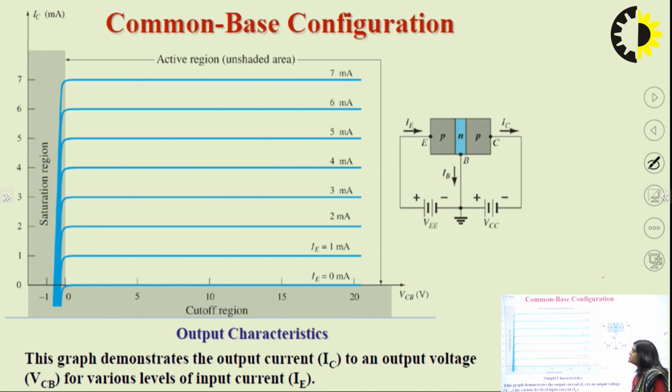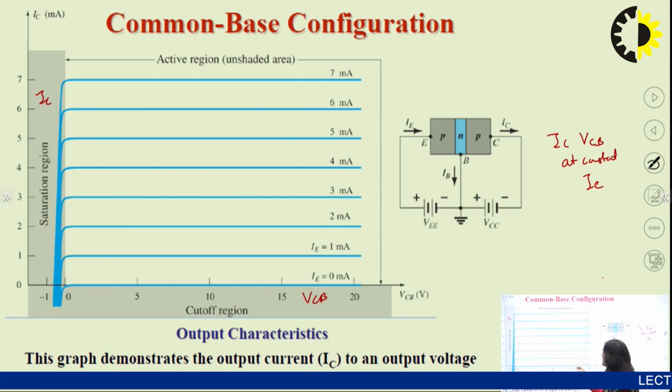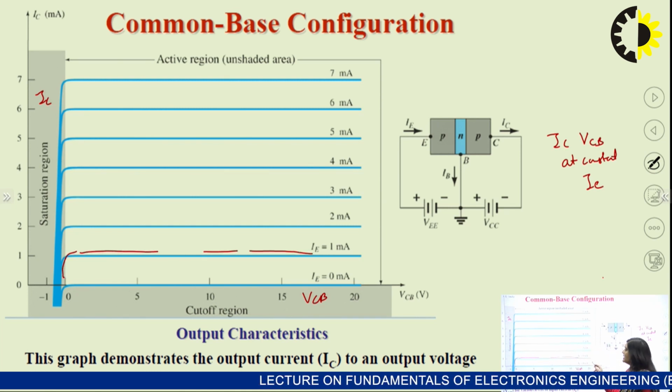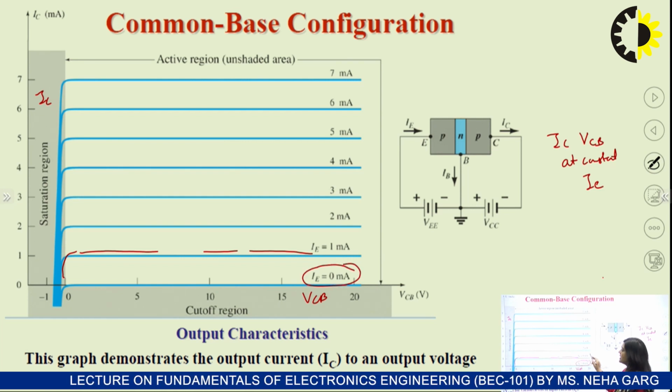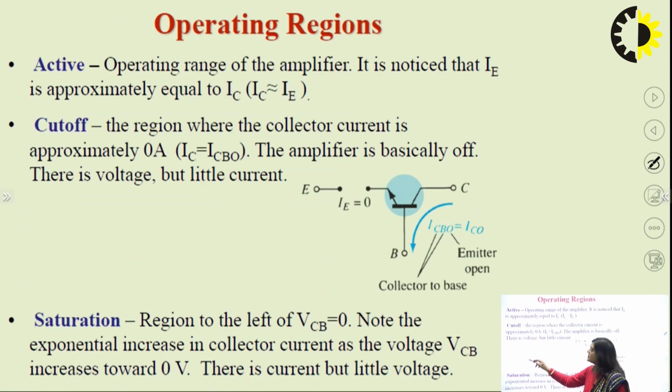And this is the output characteristics of the common base configuration. So output characteristics will be plotted in between the IC and VCB at constant IE. So here we can see this is the VCB axis and this is the IC axis, and if we are increasing the VCB, IC increases and it becomes constant after some time. And this graph is plotted when IE is equal to 0, IE is equal to 1 milliampere, IE is equal to 2 milliampere at different values, keeping the value of IE as constant. We are plotting the graph in between the IC